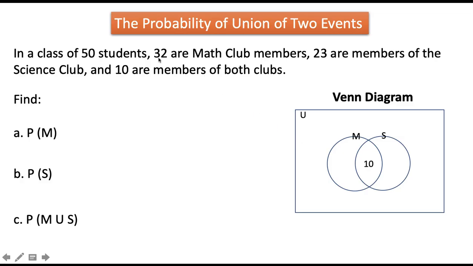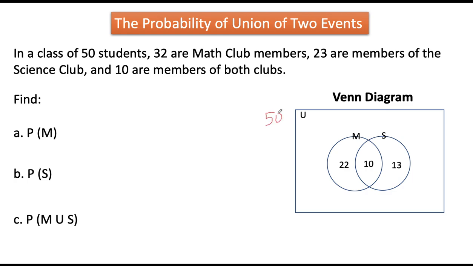So that is by subtracting 32 and 10, and this gives us 22. So 22 plus 10, that is 32, and these are the math club members in our given. Then for the science club members, since 10 were already written here, 23 minus 10 is 13. So 10 plus 13, that's 23, that's in our given. So since we have 50 students in all,